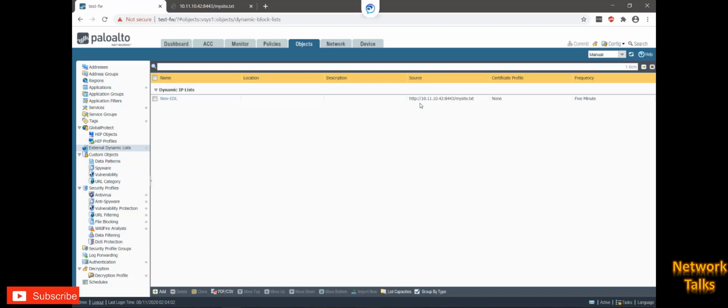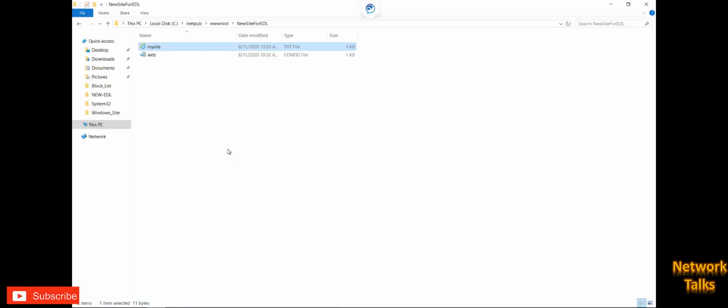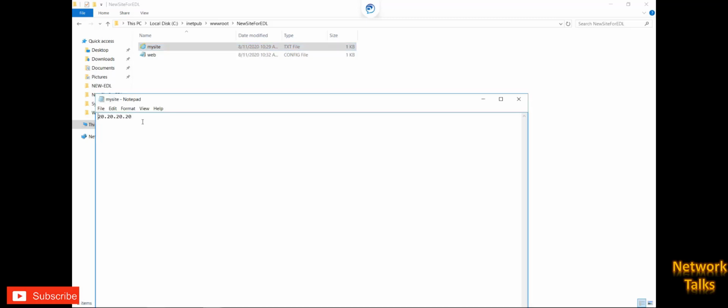Now suppose I will make changes right away in the text file and we'll see how it gets reflected on the firewall. Now I am on the server where our web page is configured. So I will go into the file of the web page, open it, and now I will add one more entry here, like for example 100.100.100.100 and just save this file. Now the file is saved. Now as I have made changes into the file, if I refresh this path, I should be able to see the new entry. If I refresh this, if you see, now I am seeing the other entry as well.